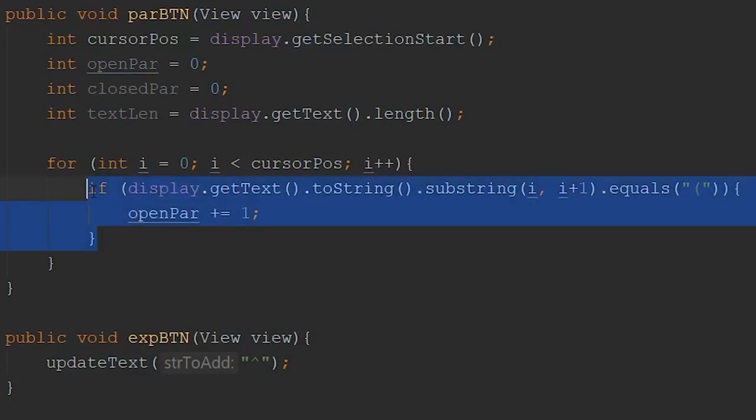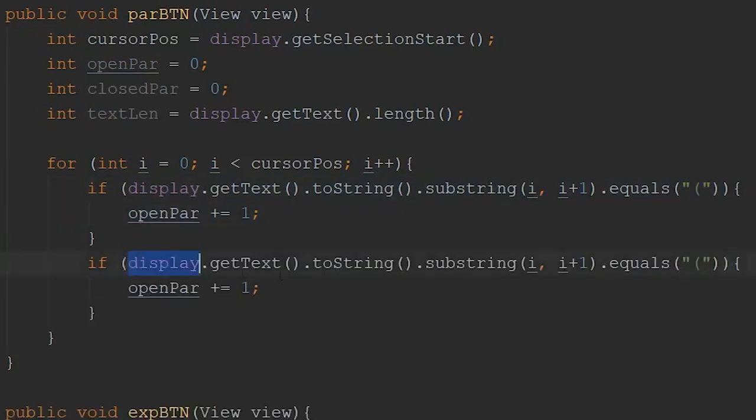Then we can copy this. Then we're going to grab the text again. We're going to create a substring of that from I to I plus 1, and then if that equals a close parenthesis, we're going to go close parenthesis